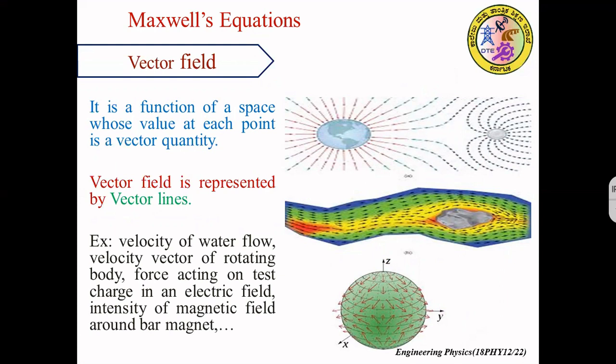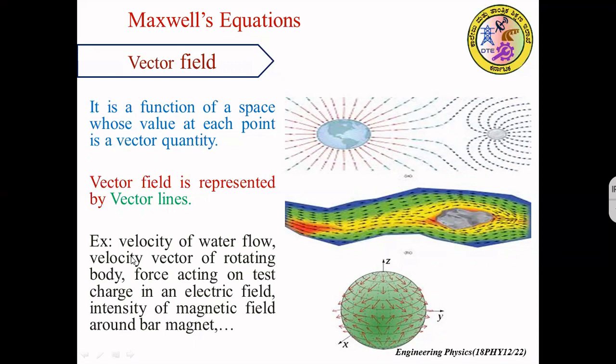If the field, which is represented by either a number or a function, has both magnitude as well as direction, then such a field is called a vector field. So fields which have both magnitude and direction are called vector fields. Examples of vector fields can be the electric field, the magnetic field, or the velocity of water flowing in a river. You can see here there is a river, water is flowing. It has both direction as well as magnitude. The velocity has both magnitude as well as direction, so that can be considered as a vector field.